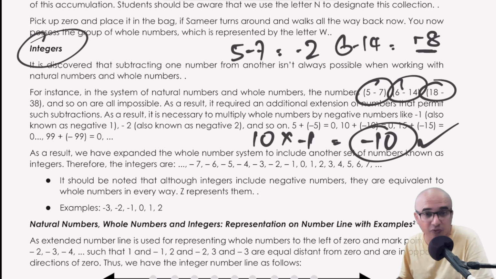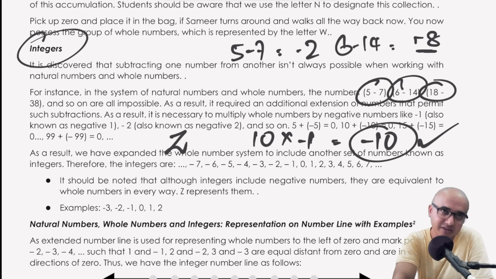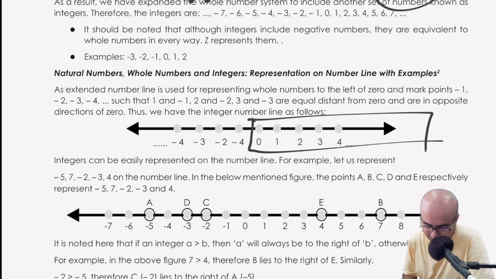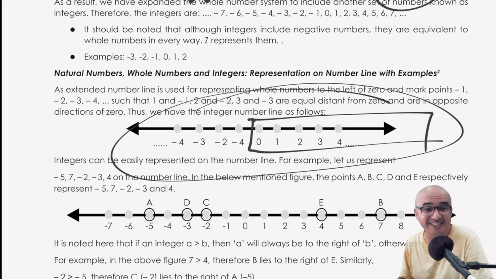The set of integers is usually denoted by the symbol Z. With respect to multiplication, we saw that even when you multiply by minus 1, you still have a number, and that will be denoted by an integer. With respect to subtraction also, now we can subtract a larger number from a smaller number, and that will also result in an integer. So this is how an integer can be represented on a number line, where starting from this part it is the whole numbers, whereas all put together would be considered as integers, because integers include everything.